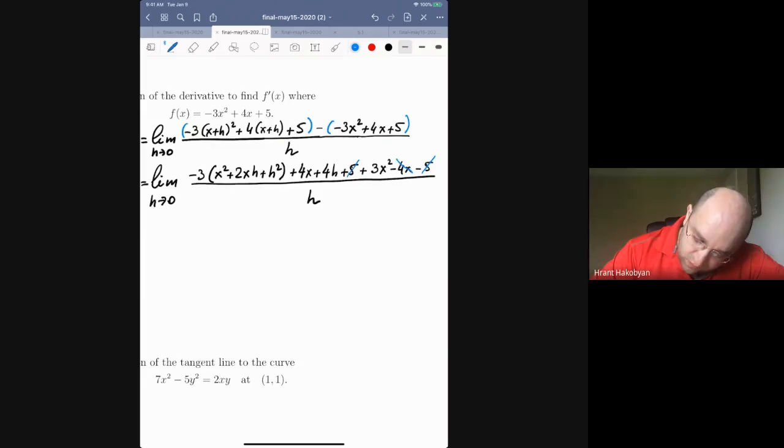The 4x here and 4x here are also canceled. And also the 3x squared here is canceled with the negative 3x squared that I get from here. So I can just forget about this x squared here. I'm just going to do it like this. So this cancels that. What's left then is this negative 3 together with this expression here and this 4h here. So I'm going to write that this is equal to